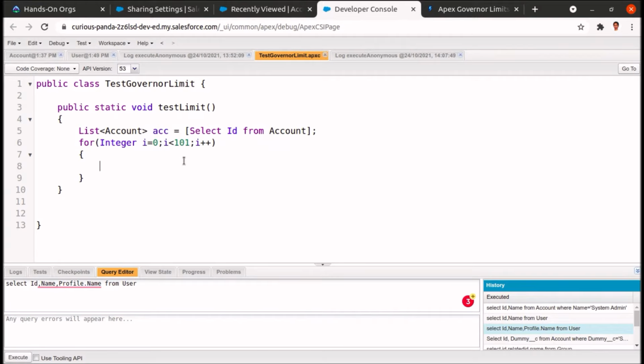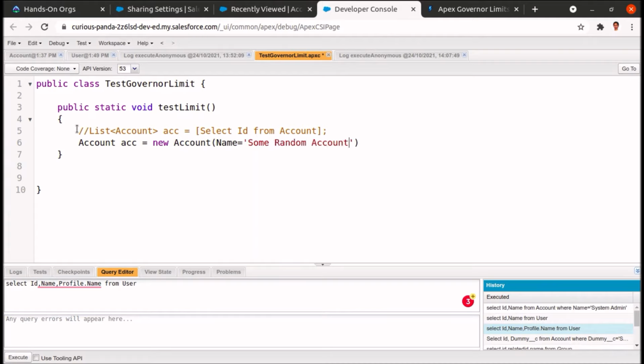So let me do one thing. Let me comment it out, and I will be creating one account here. Account ACC equals new Account, name equals some random account, and insert ACC.